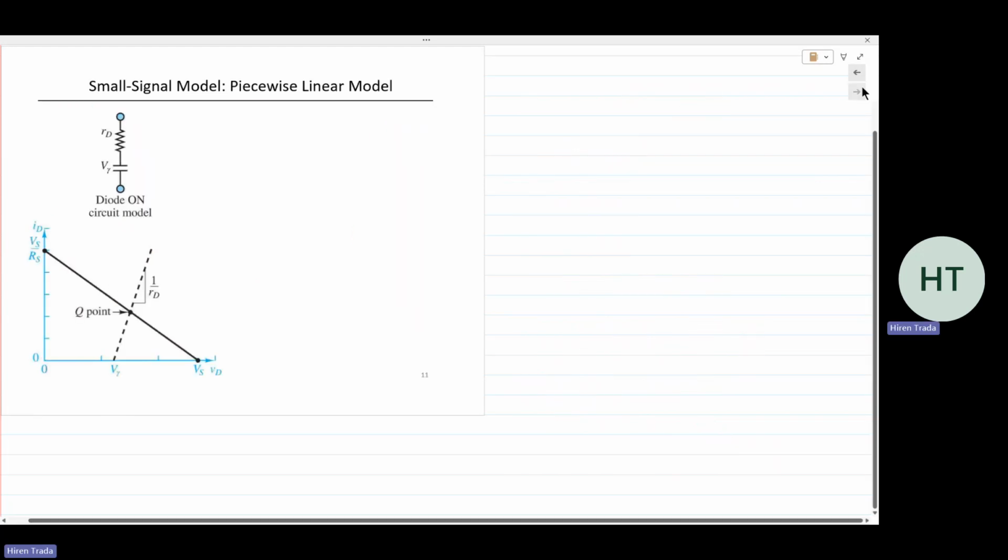There's something known as the piecewise linear model. In the piecewise linear model, we model the diode as a series resistance in this portion of the diode characteristic. So current rises exponentially after it turns on, and then